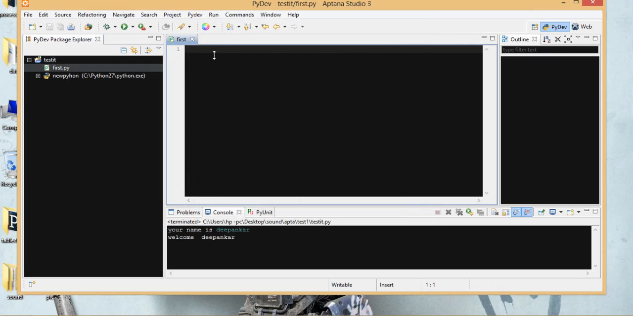Now I'm going to write the same code: raw_input, enter your name, then print, welcome, comma,